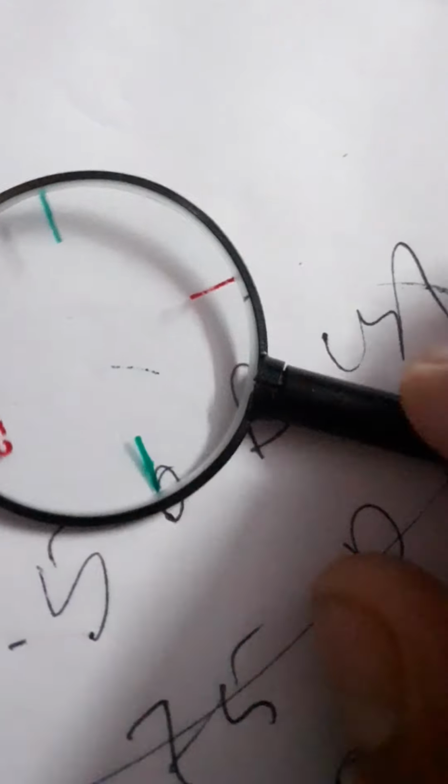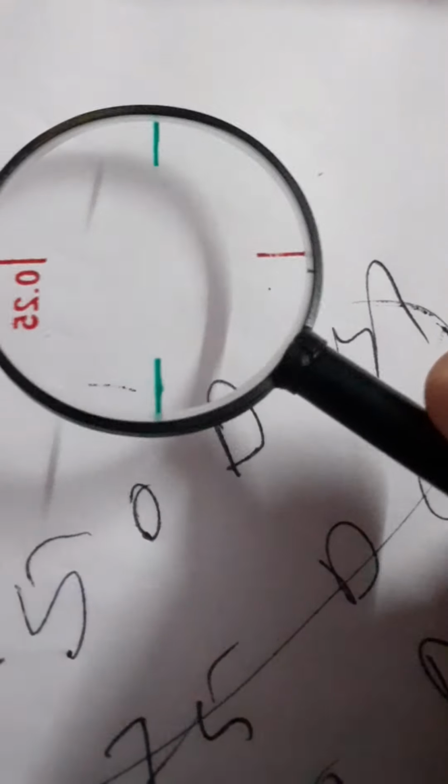So today in this video I'm going to discuss with you all a very important topic that we all should know about, that is Jackson cross cylinder testing. Okay, so this is the Jackson cross cylinder. As you can see, two lines are written. This Jackson cross cylinder actually consists of two cylinder powers of equal strength but of opposite sign placed at 90 degrees to each other, and it also consists of a handle which is at 45 degrees with the cylindrical power. Okay, so we use this Jackson cross cylinder to refine the astigmatic axis and astigmatic power.